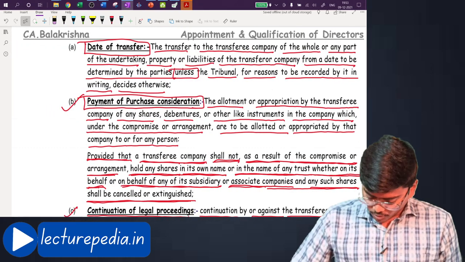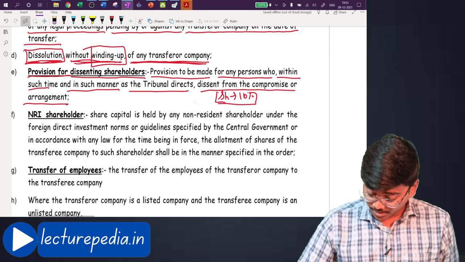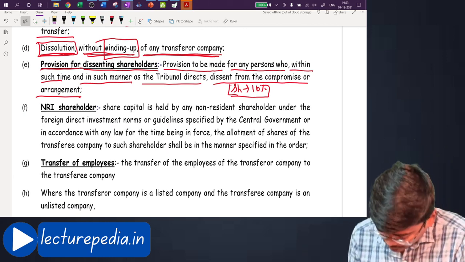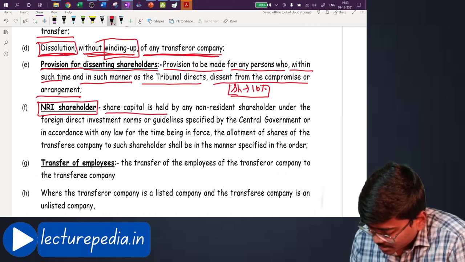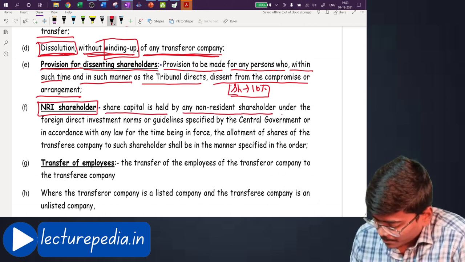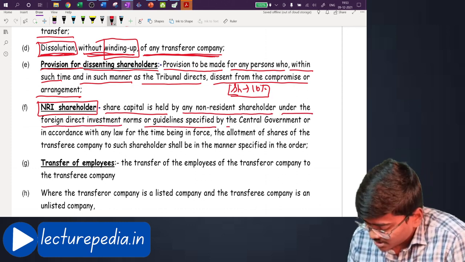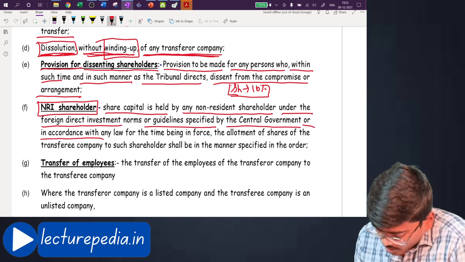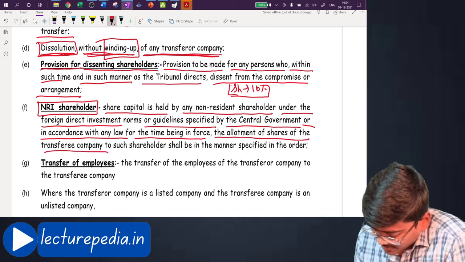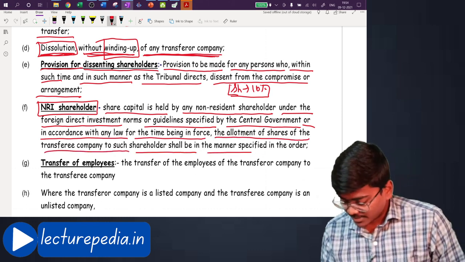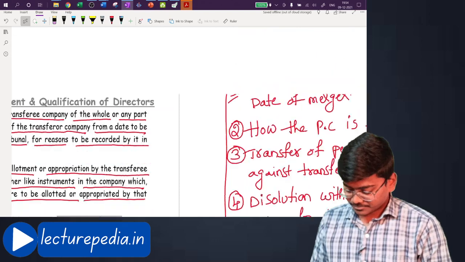Okay, moving to the sixth point, NRI shareholder. Share capital is held by any non-resident shareholder under the foreign direct investment norms or guidelines specified by the central government, or in accordance with any law for the time being in force. The allotment of shares of the transferee company to such shareholder shall be in the manner specified in the order. What it says basically is that, let's say